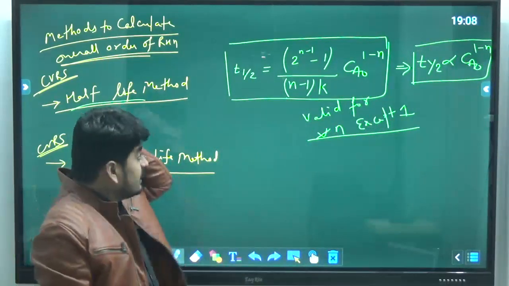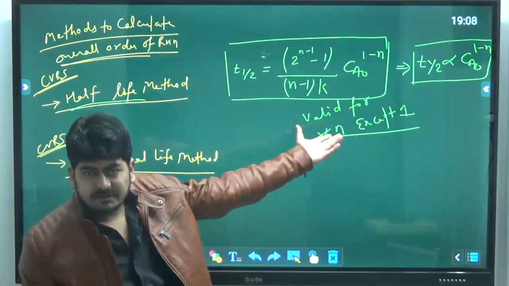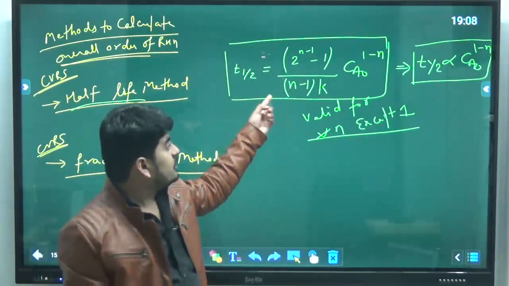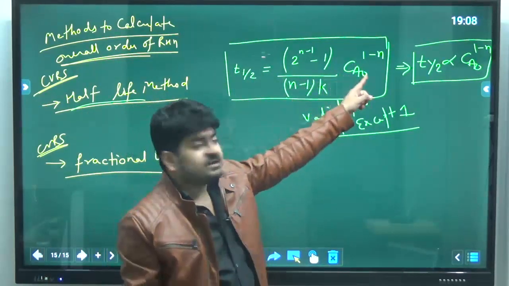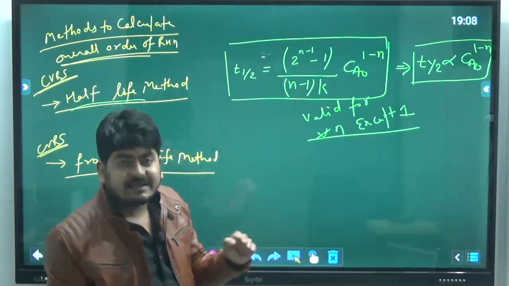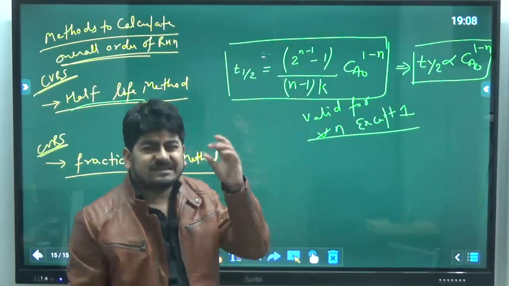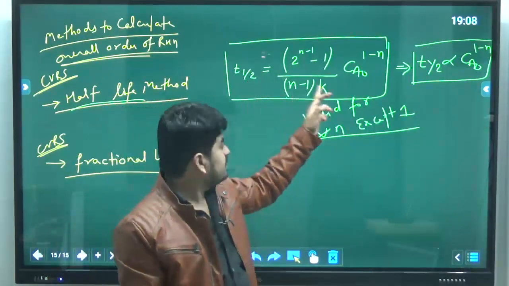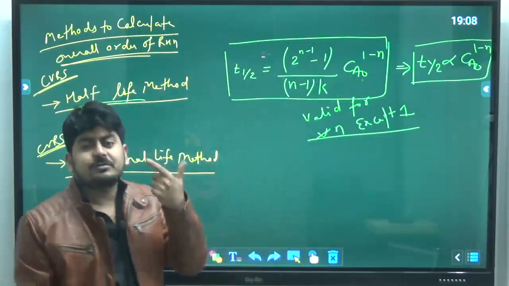Okay, so there was a question in last year or maybe the year before's paper: the half-life of a second order reaction depends on what? Put n equal to 2. You will see the half-life of a second order reaction depends on the initial concentration as well as the rate constant k. Half-life of any chemical reaction other than first order depends on the order of reaction, rate constant k, which means temperature, and initial concentration. So that should be clear in your mind.